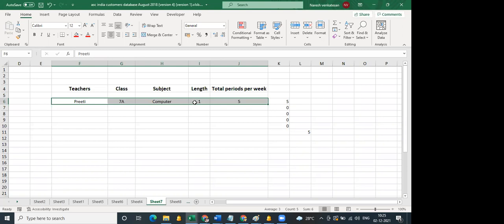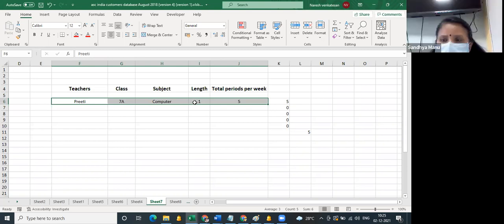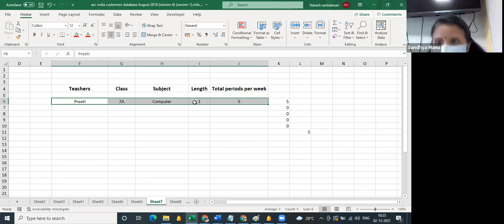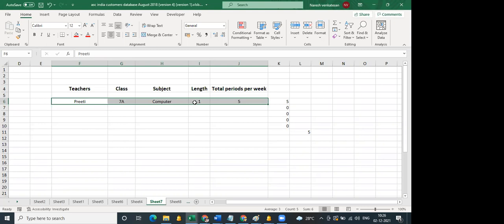Should the length or the duration be consistent? Suppose in a day you have 3 1-hour classes and 2 45 minute classes. Is that allowed? Here we'll have to follow uniform timing. Correct. Yes. So the length of the period has to be uniform. But then you're following it for the entire school, is it?